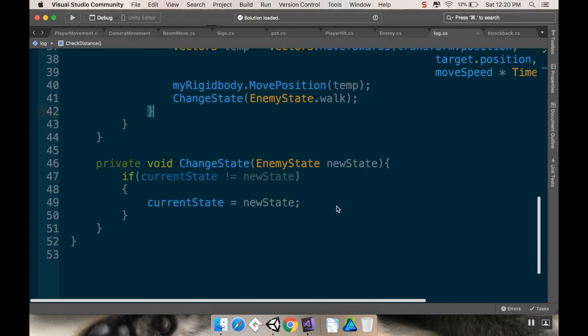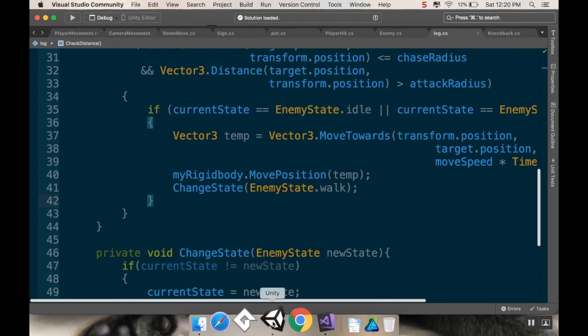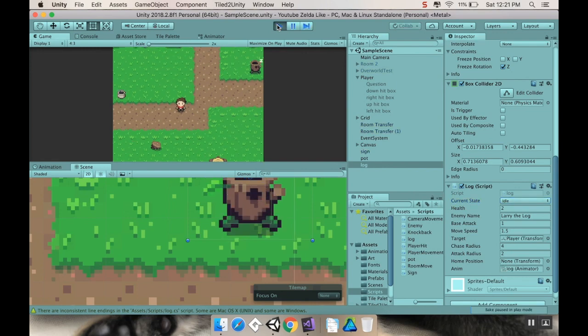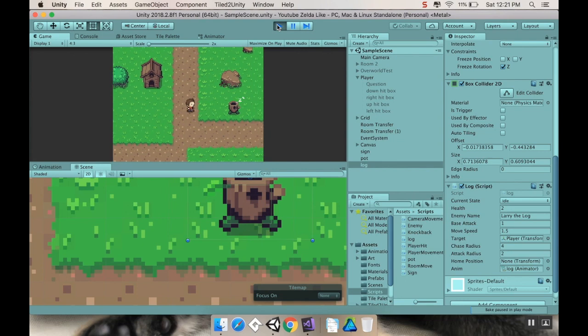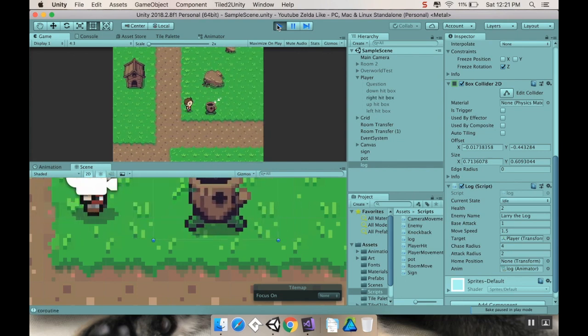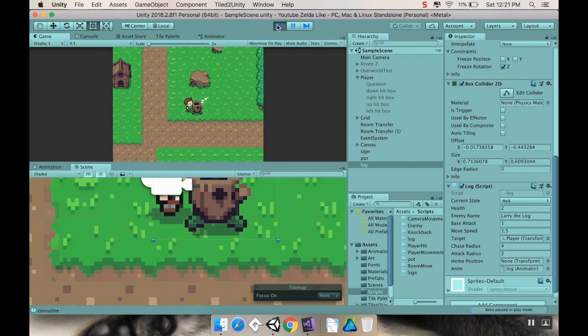Okay, cool. So I'm going to save this. Let's go into Unity here and let's see if I broke it. First, I want to make sure that I have my log selected here so that we can keep an eye on its current state over here on the right. Its current state is going to be idle by default, and if we move into its walk range, it should start walking. So into its walk range here, so it's in walk, and now when I hit it, it went from staggered to,